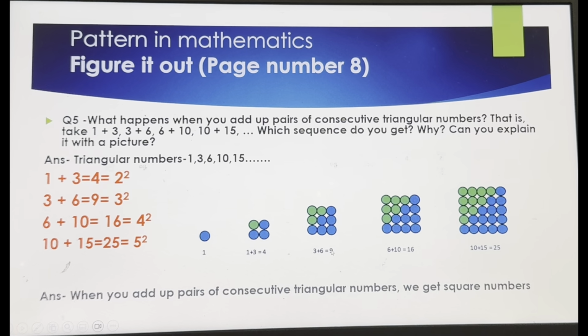Now see the color code. Here you'll understand through color code. So what we have done, 1 is 1, we have left that. Then 1 plus 3. So you see 1, this is a triangular number and this has formed a triangle. The blue color code. So 1 plus 3 is 4. Now see here 3 plus 6. So 3 has also formed a triangle and 6 has also formed a triangle. 3 plus 6 is 9. It is forming a square. So 6 green, 10 blue. So again it is forming 16, a square number. Then 10 green and 15 blue together. When we add up, it makes a square, a beautiful pattern, that is 25.